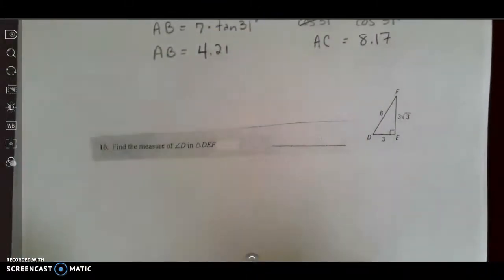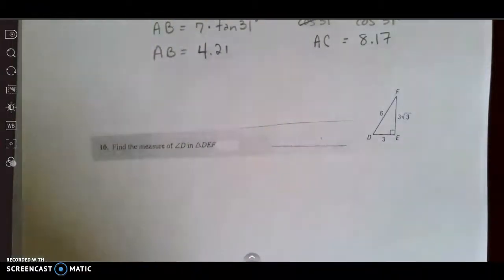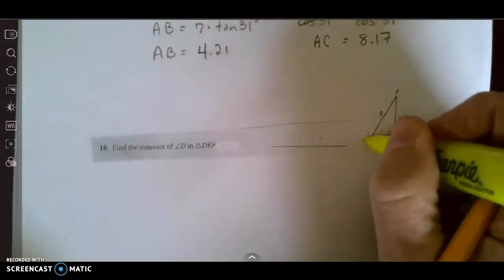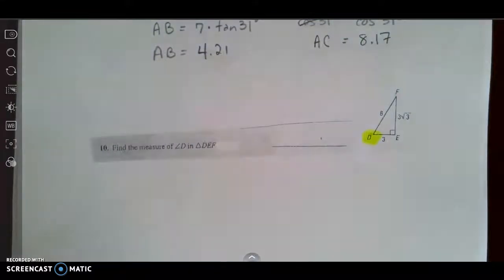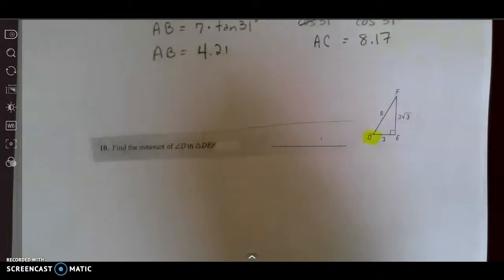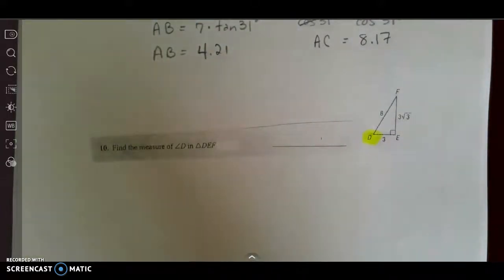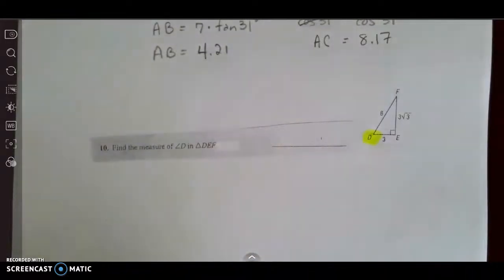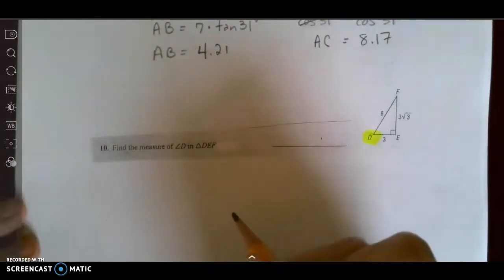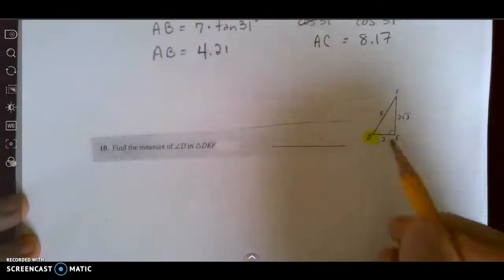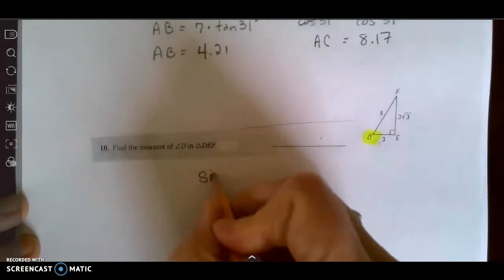Find the measure of angle D in triangle DEF. So the angle that I'm looking for is this one right here. And I know all of my sides. So whenever I'm looking for an angle, this is where I'm going to do my inverse. So I could actually do inverse sine, inverse cosine, or inverse tangent. I want to show you all three just to make sure you understand it. So the inverse sine